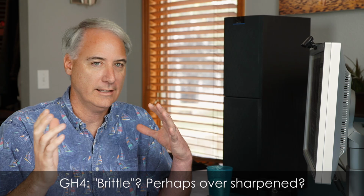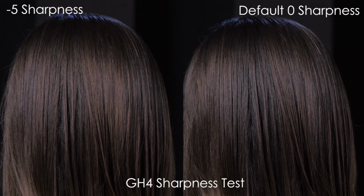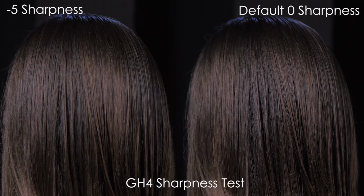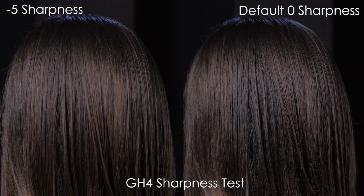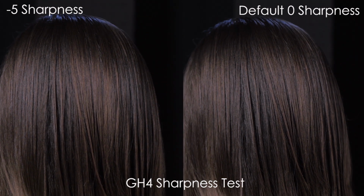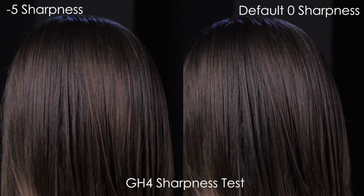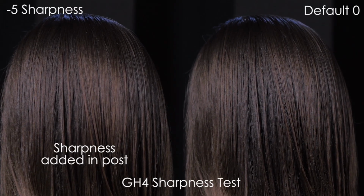So after a while, I was like, I just need to turn it all the way down, and that definitely helped. Let me demonstrate this to you. On the left is the GH4 at -5, and on the right it's the GH4 at its default sharpness setting. And then what I did next is I kept -5 on the left, but I added sharpness in post, and that definitely helped getting rid of this kind of